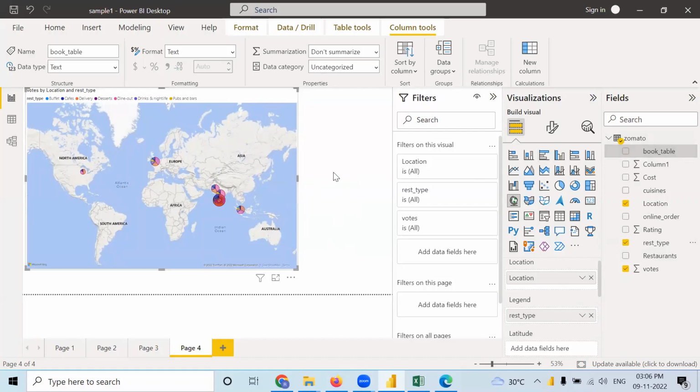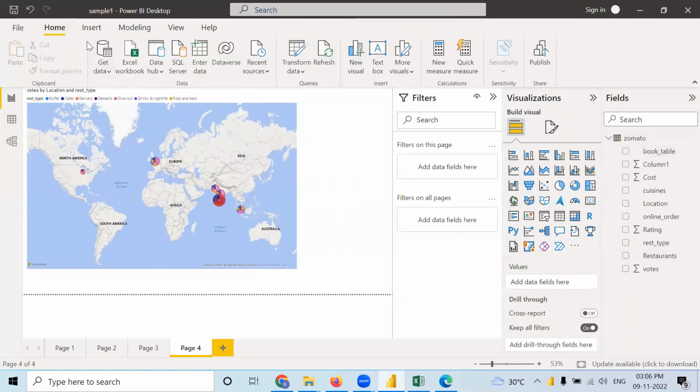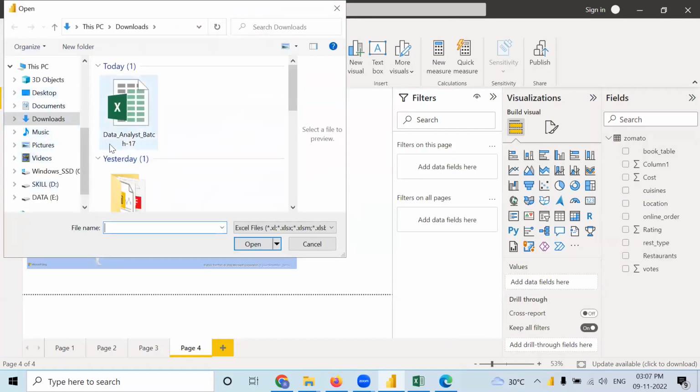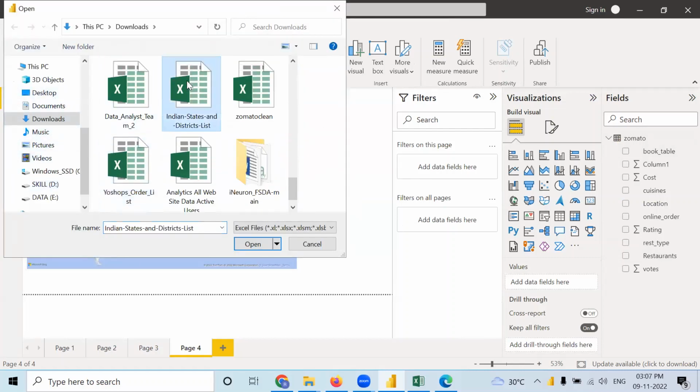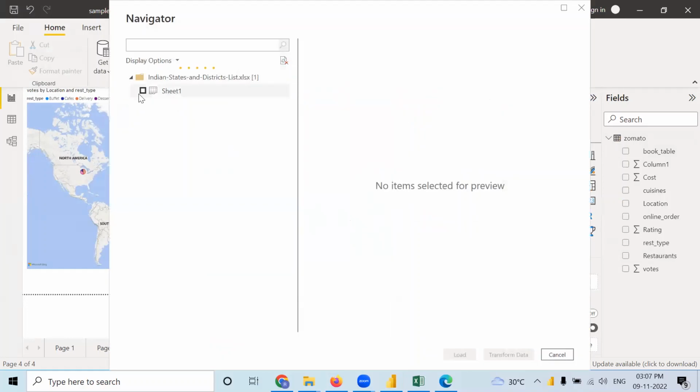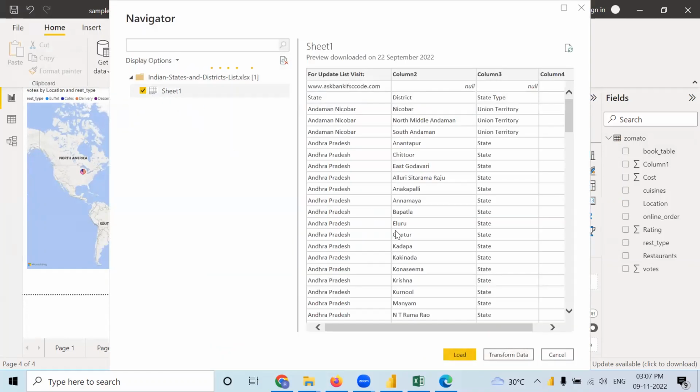One more thing I want to add. With the previous data set, Indian states and districts, we can go with a filled map also with the help of this particular chart.